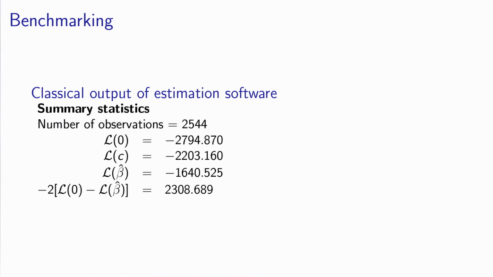So actually, when you use estimation software for discrete choice, these two statistics are usually reported. This is an example of the output of the Biogeme software, where you have the summary statistics, where the number of observations is reported, L0, the value of the log likelihood for the null model, the equal probability model, and LC, which is the value of the log likelihood for the constant-only model. Of course, the final log likelihood is reported, and sometimes the test itself is calculated, the likelihood ratio test, so that you can immediately apply the test by looking at these values.